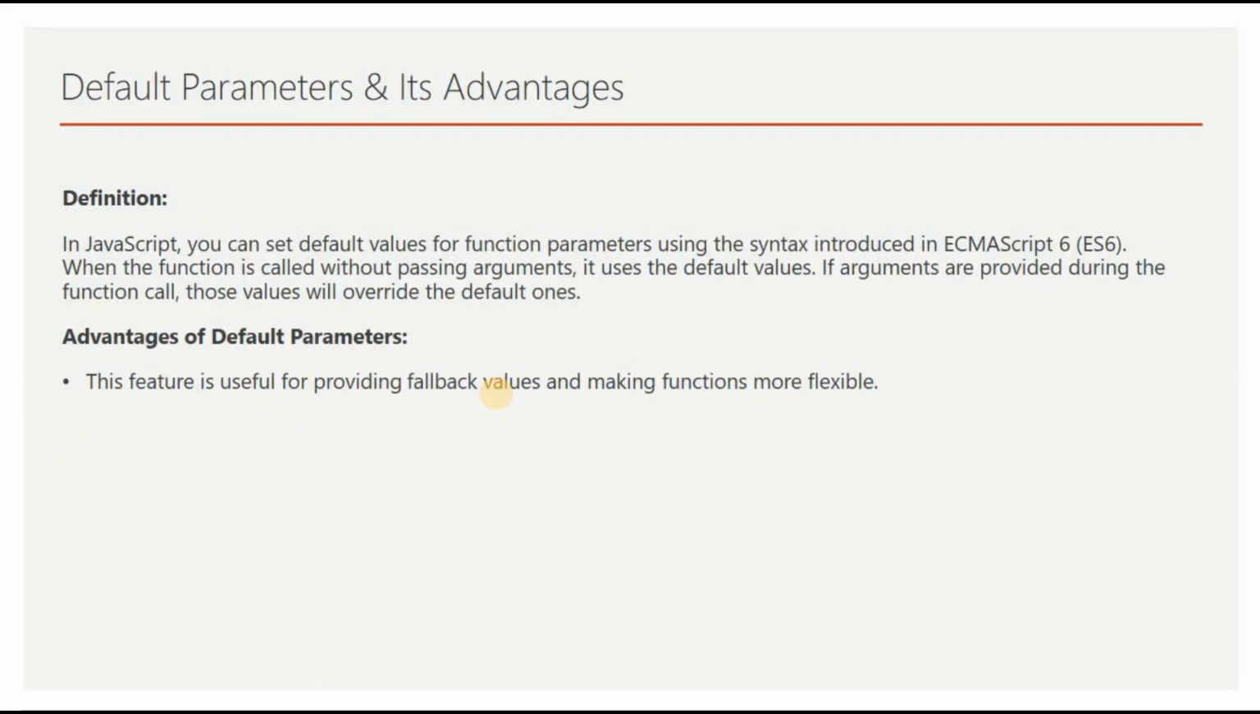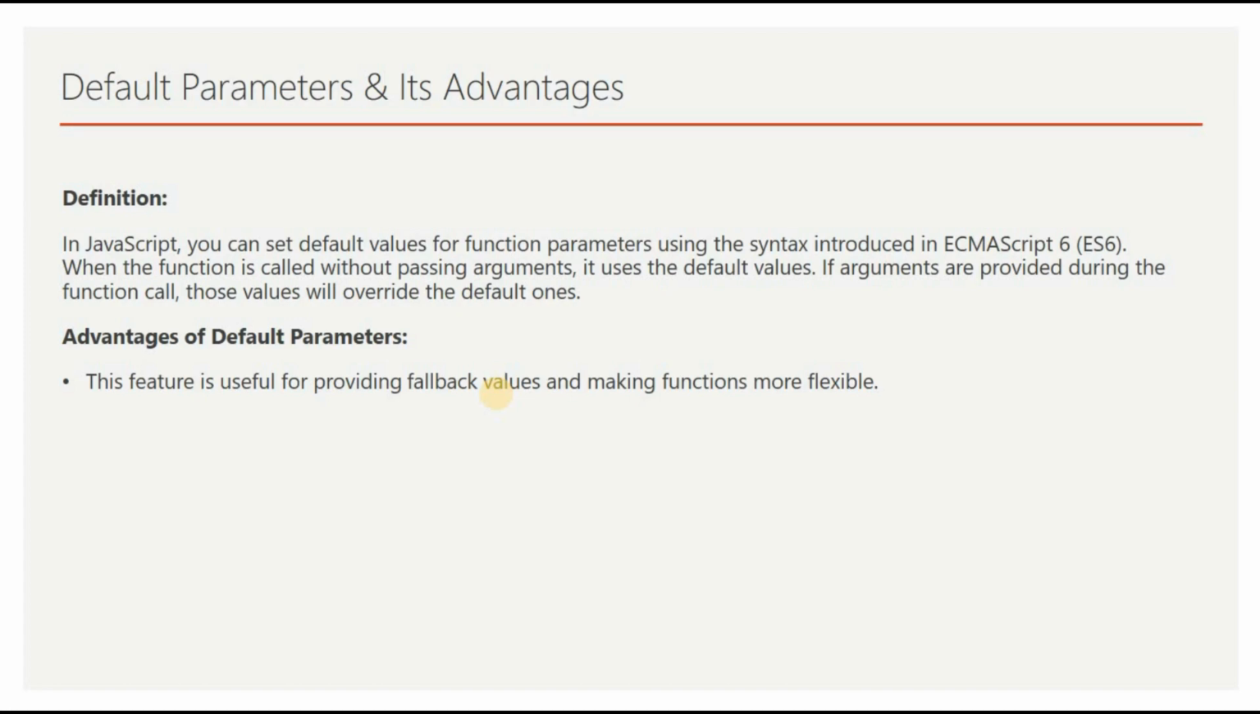Next, we have the default parameters and their advantages. So with default parameters in JavaScript, you can set default values for function parameters using the syntax introduced in ES6. When the function is called without passing arguments, it uses the default values. If the arguments are provided during the function call, those values will override the default ones. The advantage of default parameters: the feature is useful for providing fallback values and making functions more flexible. We'll see the default parameters example